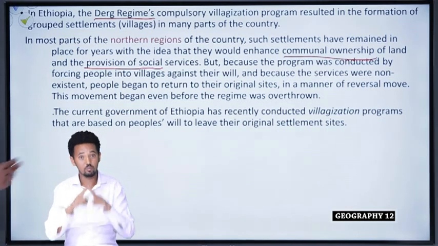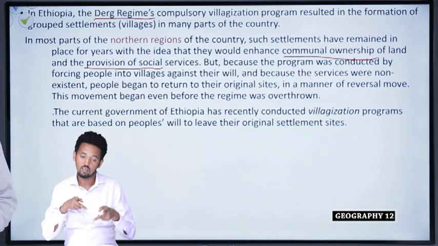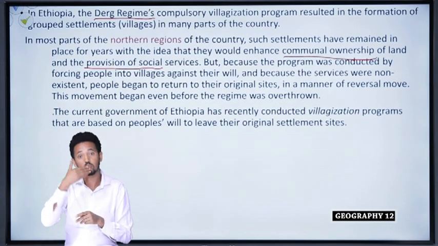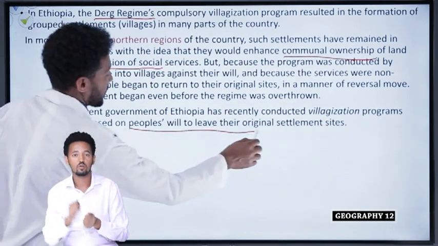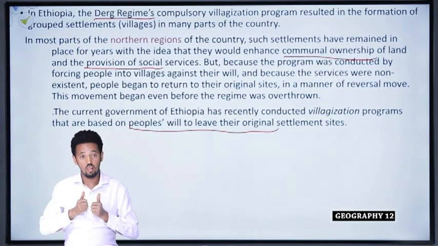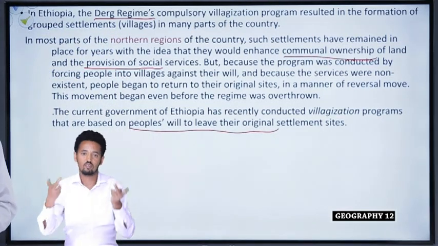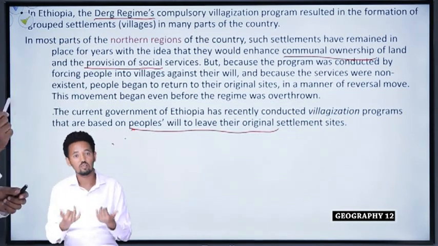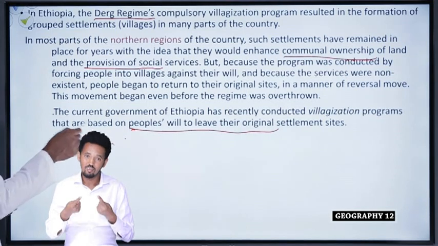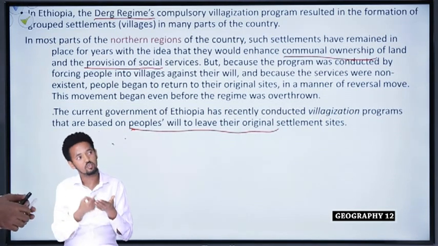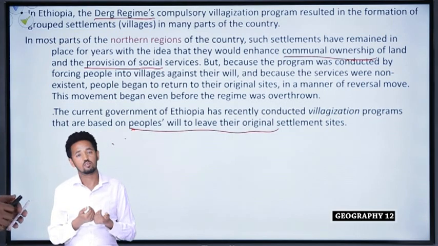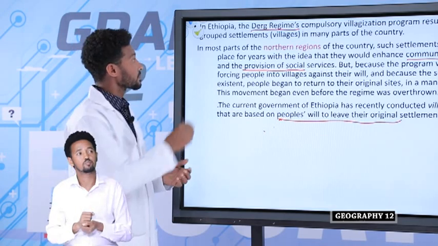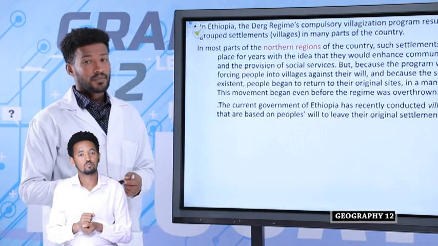But the current government of Ethiopia has recently conducted villagization programs that are based on people's will to live in their original settlement area. So this one is better when we compare it with the Derg regime, because the people's interest is considered here. Every person is settled in a given area based on their willingness. Students,